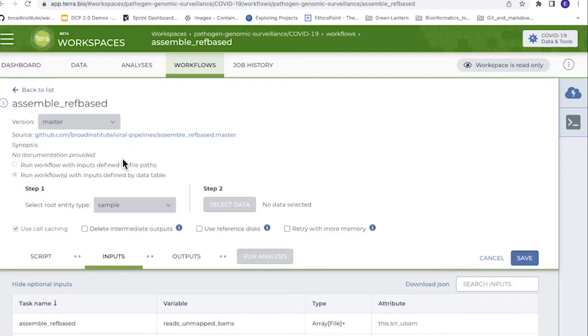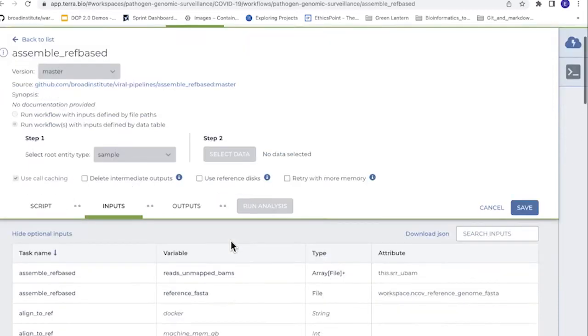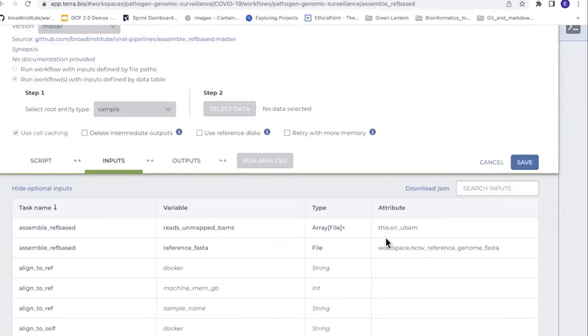You can click on that and go directly to where the source of the script was. You have the option to run workflows on inputs where you define where their cloud location is. So if you looked into the dialog box and you click the link for a file in a data table, you may have seen that there was a URL for that file. Cloud storage has a gs:// prefix in front of it. That's the URL for the bucket. So you can go in a workflow configuration and tell the workflow where files are located. But that's not a lot of fun when you have a